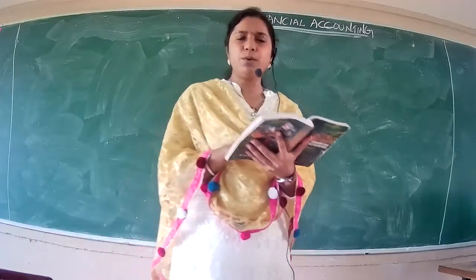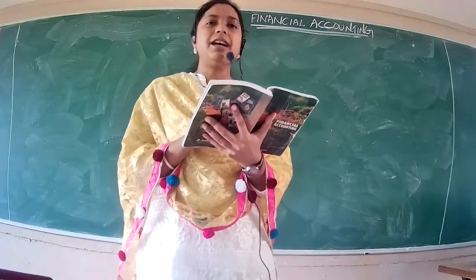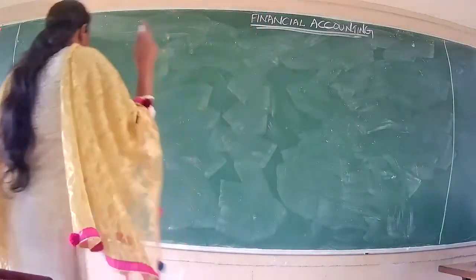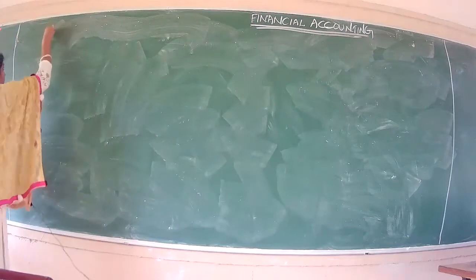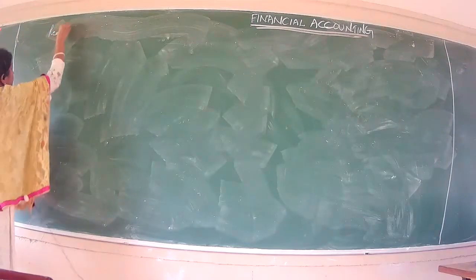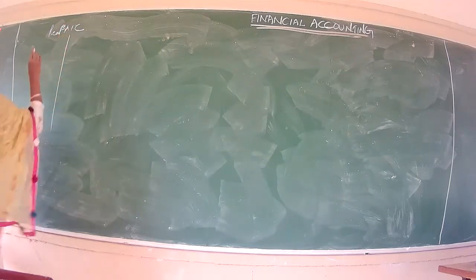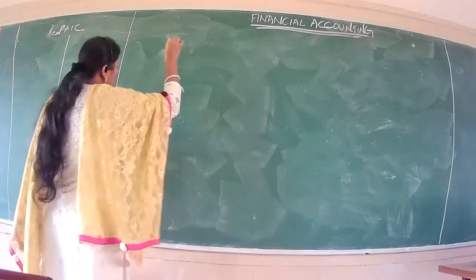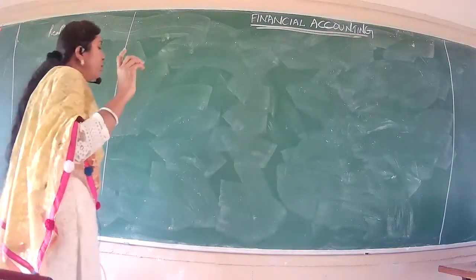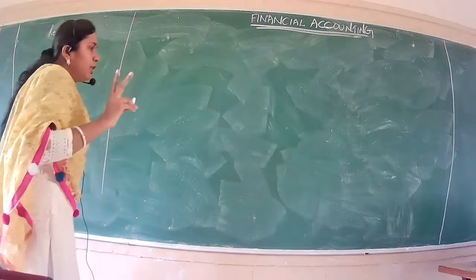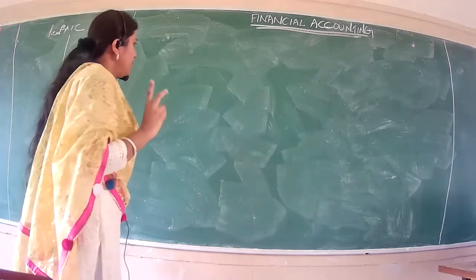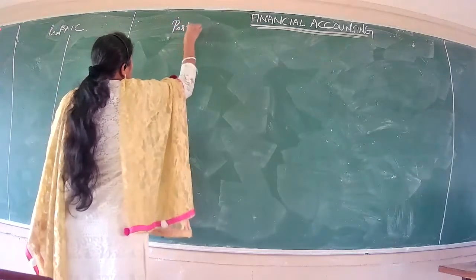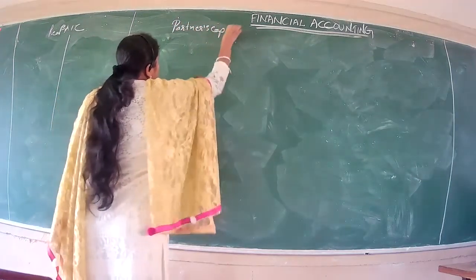So very first step, I hope you remember, we need to prepare accounts: realization, capital, and cash. So I'm going to open those three accounts here. First will be our realization account. Fine. Then we'll have to open the partners capital account. But just for making it more clear and understandable, we will open two differently. One partner's capital account for solvent, another for insolvent, we will open as a separate account. Okay. So here, partners capital account.